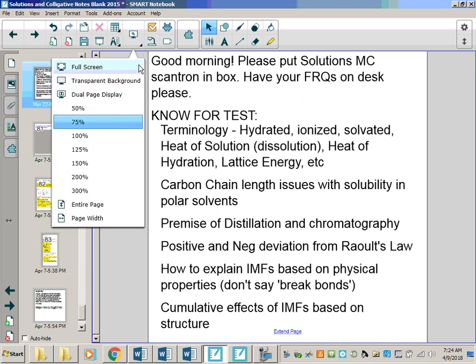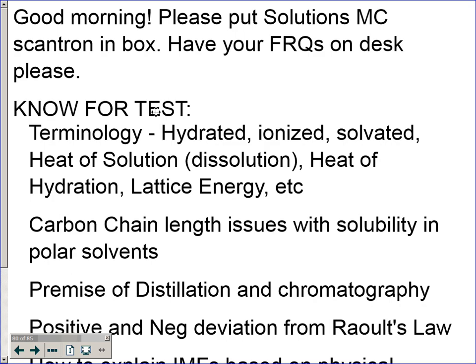Overcoming IMFs, things like that. So the pieces that we relate to,